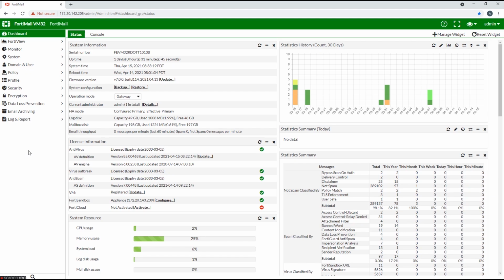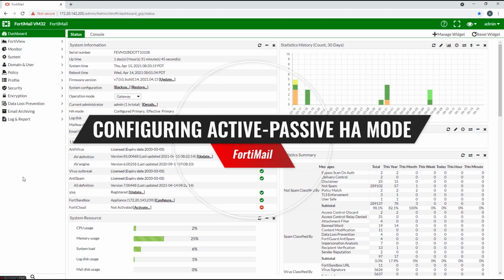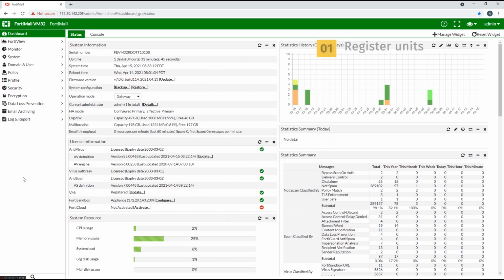Your FortiMail unit can operate in one of two HA modes, active passive and config only. This video focuses on an active passive configuration. Before beginning, make sure to register all of your FortiMail units in your HA group on the FortiMail technical support